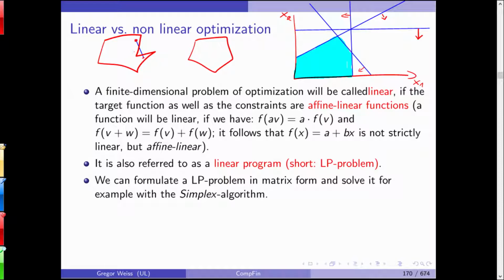And in this case here, the resulting solution set is convex. And this makes optimization quite simple, together with the fact that it's linear. Because if you were to solve this optimization problem graphically, what would you do? You would take the objective function, you would plot it through the origin, and then you would simply